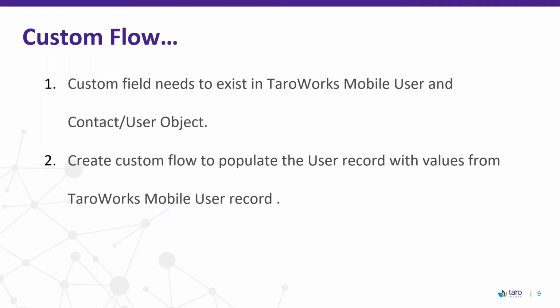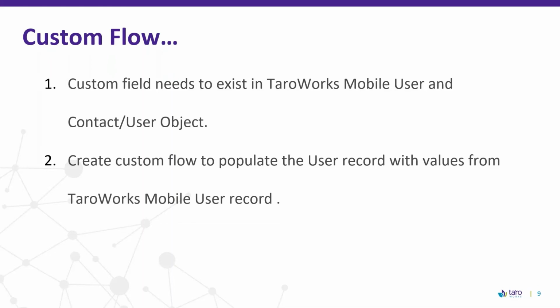Then once you ensure that you've added the field in the two objects, the next step is to create a custom flow that will populate the contact record with the values from the TaroWorks mobile user record. So in this case, we used what you call a record triggered flow that will populate the team value from the TaroWorks mobile user to the related